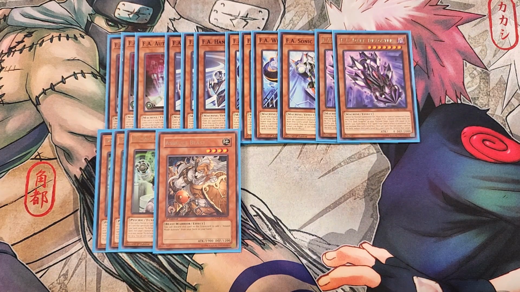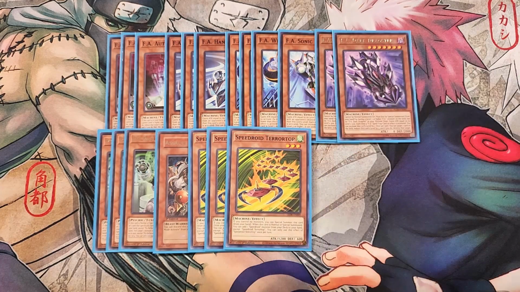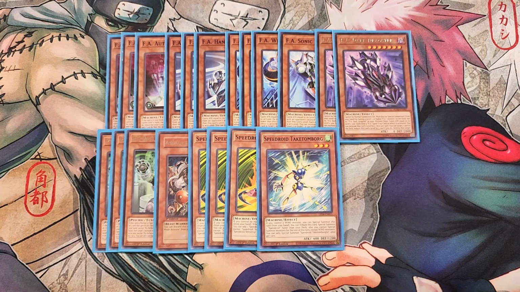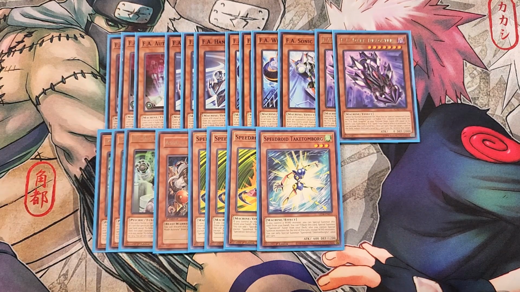We then play 3 copies of Terratop, because Terratop is back at 3. This card is really good, because if you don't control a monster, you can special summon this card from your hand, and when it's normal or special summoned, you get to add a Speedroid monster from your deck to your hand, which is a really cool ability to search out our copy of Tekatomborg, which is great to be able to search, because then we can use these monsters to be able to go in for our copy of Shining Star GT, which is such a cool card to be able to go into, because these are actually machines,